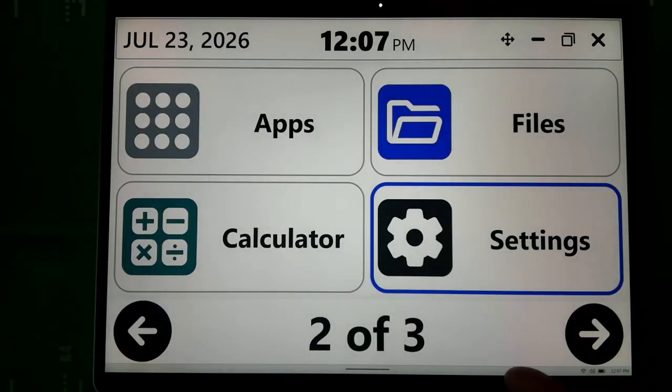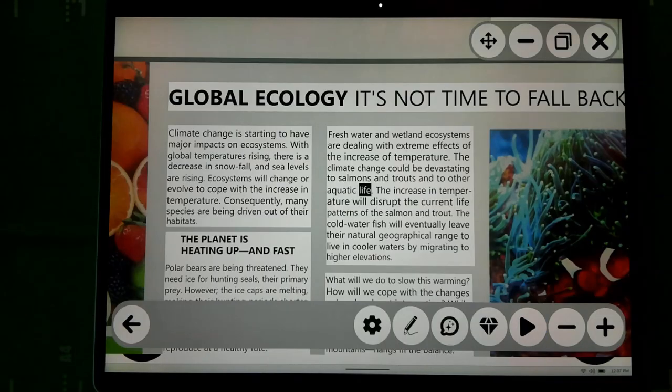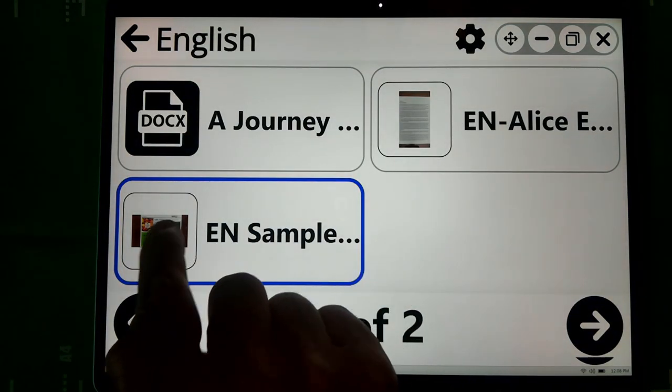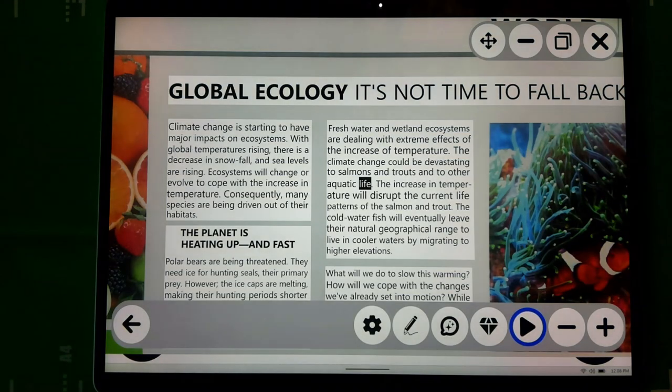And I back up. I'm going to go into files to show you what documents only means. And here I do have a document that's already open. And basically what it means is right now, it doesn't matter where I tap on the screen. I'm not going to get any verbal feedback. So I'll tap the back arrow very quickly. Again, just a sound, no speech. We'll open the file back up. But if I tap on the read button now,